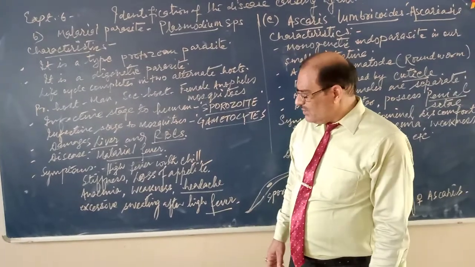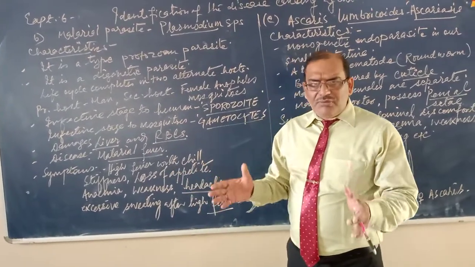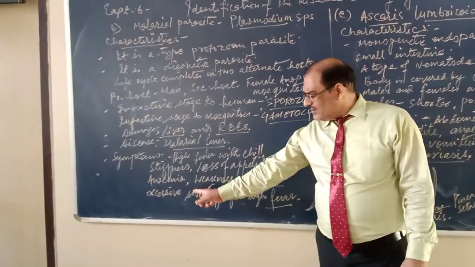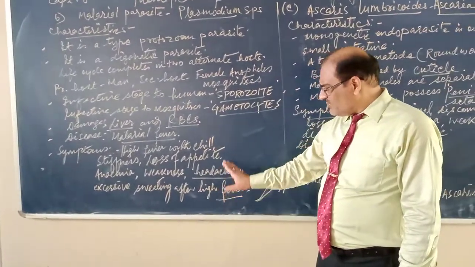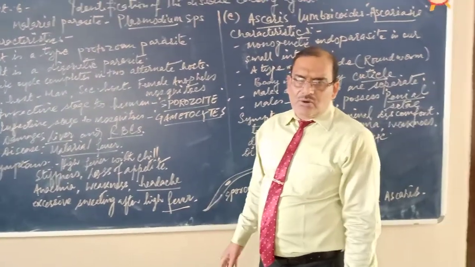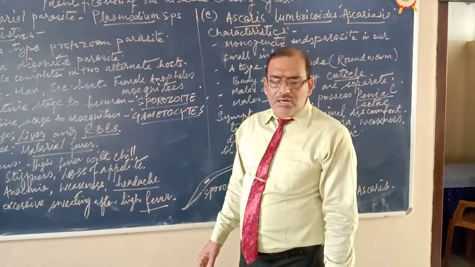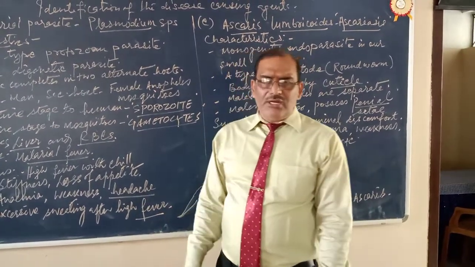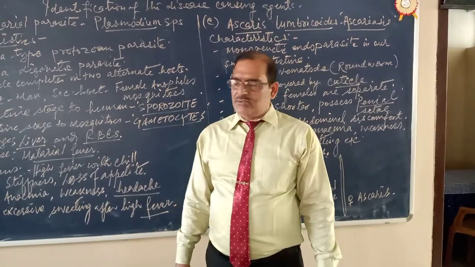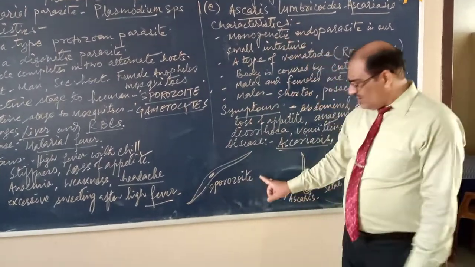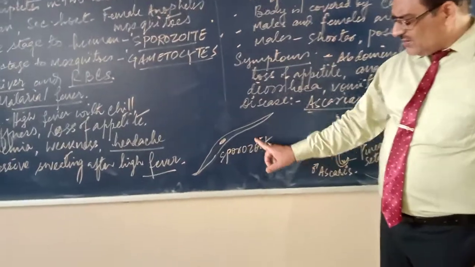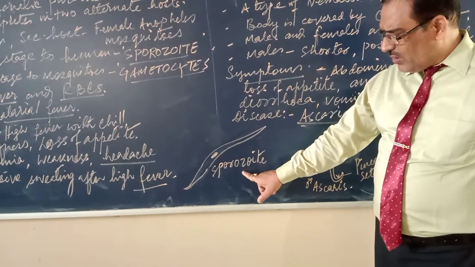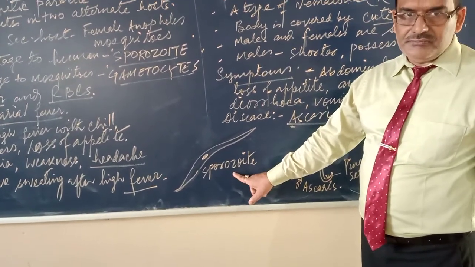After 6 to 7 hours of high fever, there is a cold state. In the cold state, there is excessive sweating, and the fever comes down to 100 or 101 degrees Fahrenheit. But the high fever is up to 104, 105 degrees Fahrenheit. So see the diagram. This is the structure of the sporozoite. This is the infective stage to man. At this stage, it enters the human body through the punctured skin.